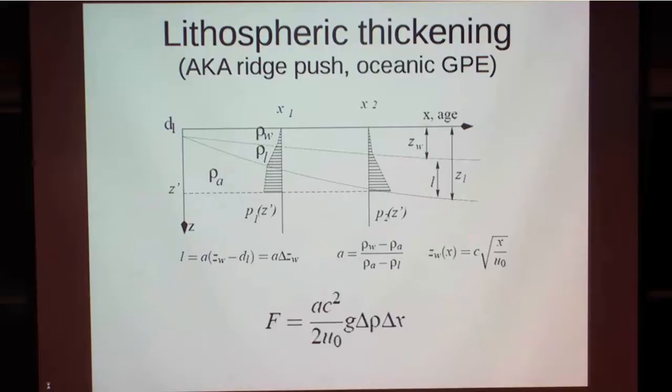The pressure here has to remain constant at some basis depth from isostasy, but as a function of depth, the pressure within the lithosphere can be unbalanced. That leads to lateral forces. We can integrate over these forces and have something that's like a lithospheric thickening force. That's also called ridge push. We can do this integral along the plate,